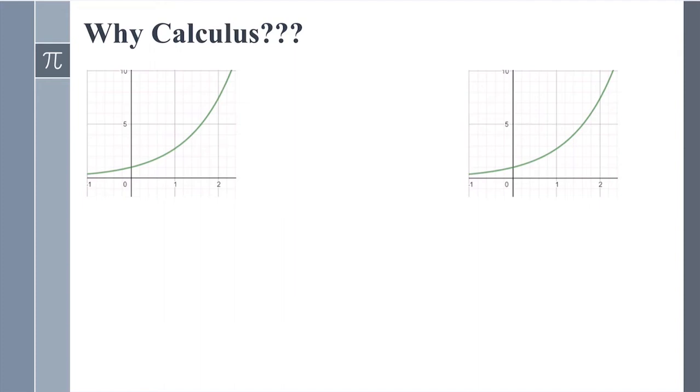The first one is, for example, you are given this curve f of x, and then we are asked to find the slope of the graph at a particular point. Let's say this is this point here. Let's say this is A. So I'll write this point as a comma f of a. Now, if we have to find the slope at that point, with the math that we have learned so far,